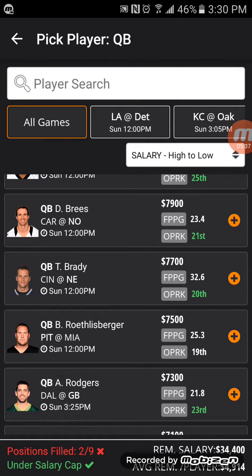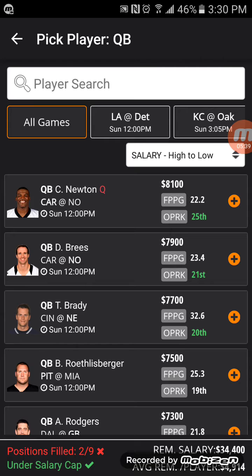So let's jump over to QB. Now, I'll tell you, from everything I'm reading, all the forums, all the podcasts, everybody is heavy on Drew Brees and Cam Newton this week. It's said to be the shootout of the week, probably the highest scoring, which is primarily why I'm fading that whole setup. I don't want to touch Brees. I don't want to touch Newton, and probably anyone from either of those teams,